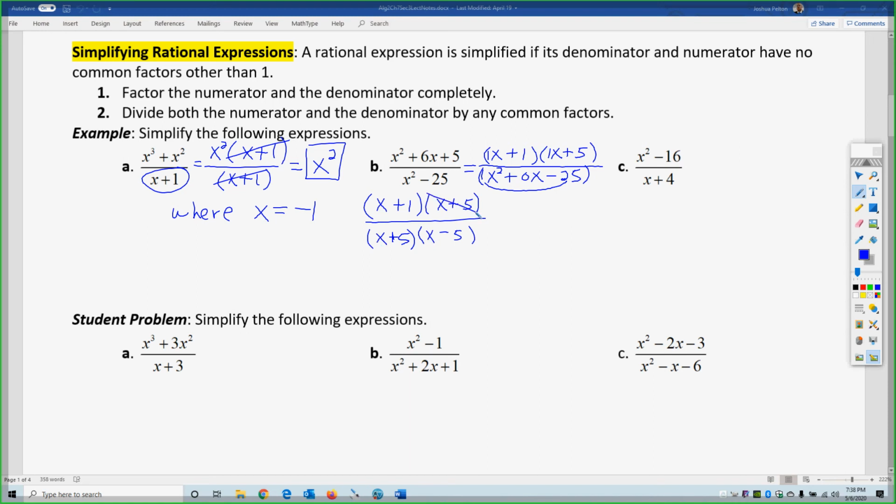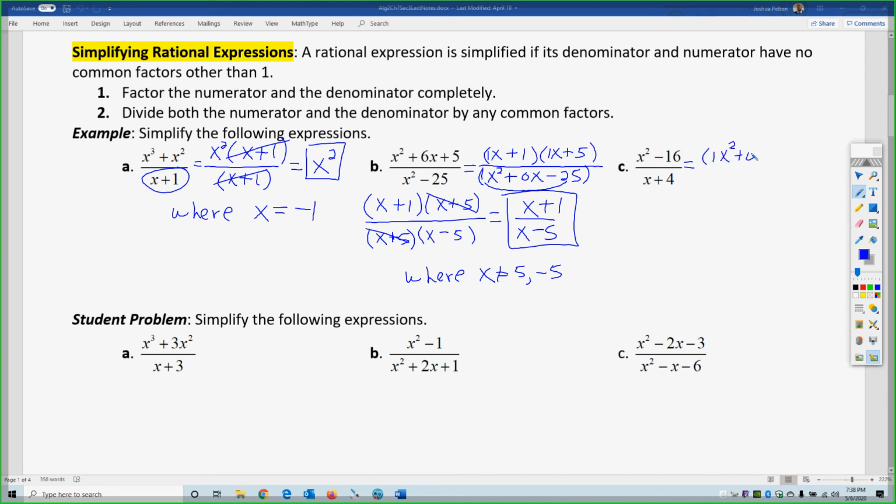So in this case, we have an x plus 5 in common. So we have x plus 1 over x minus 5 as the simplified expression, which is only true where x cannot equal 5 or negative 5. Even though the negative 5 would not be in the final expression, it was in the original one, so you still have to count that. Okay, all right, and lastly, this one is